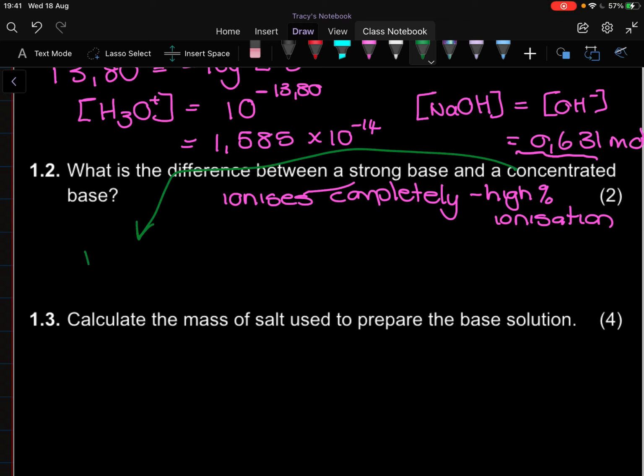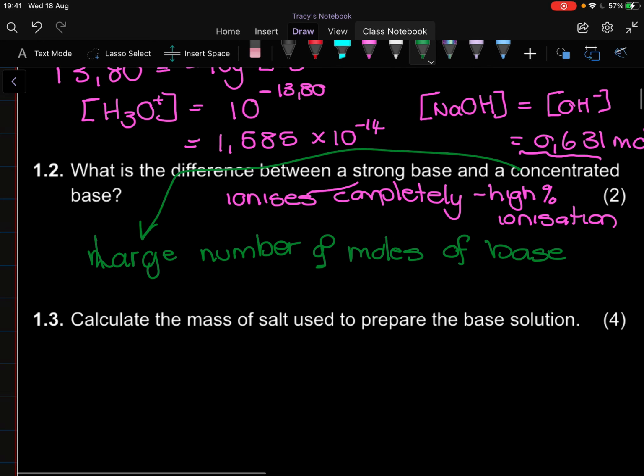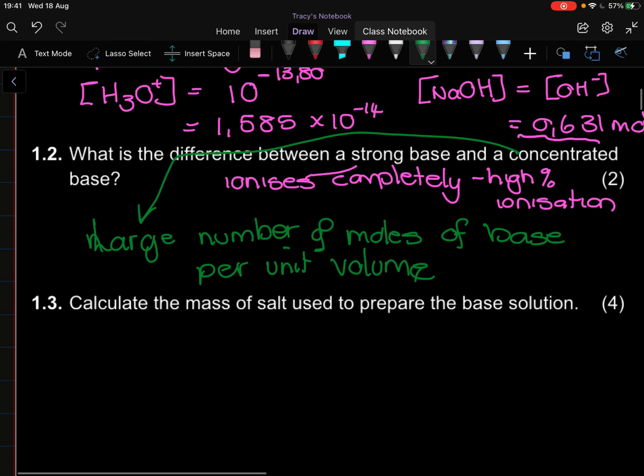Concentrated, there's a large number of moles of base per unit volume. Okay, I'm looking for the fact that for a strong acid or base, alright, I'm looking for the ionization, the amount of ionization. When it comes to concentration, I'm looking essentially for the definition of concentration. Okay? So,